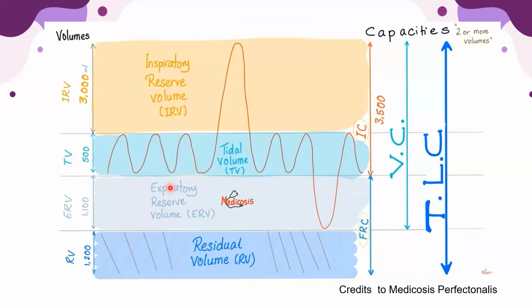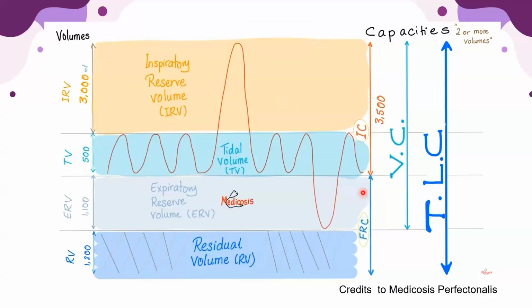The only difference is that in 1 second capacity you're timing the patient. You're telling them, you have 1 second, and I'm going to see how much volume of air you can breathe out in this 1 second. With expiratory reserve volume, you don't really have a time limit. You just ask the person to breathe out maximally